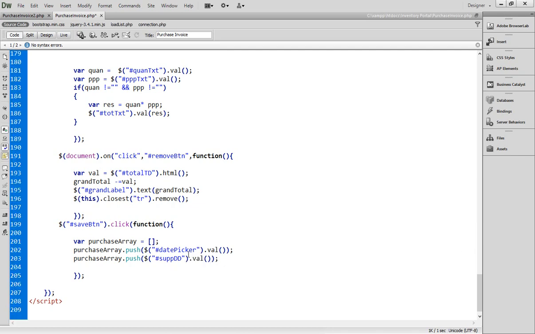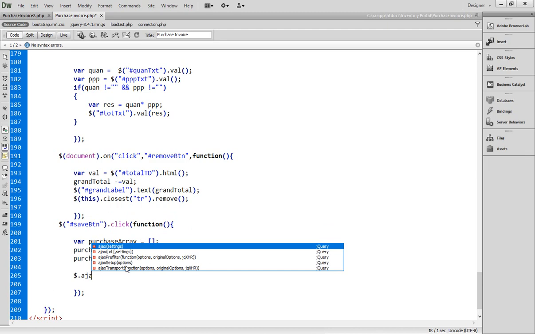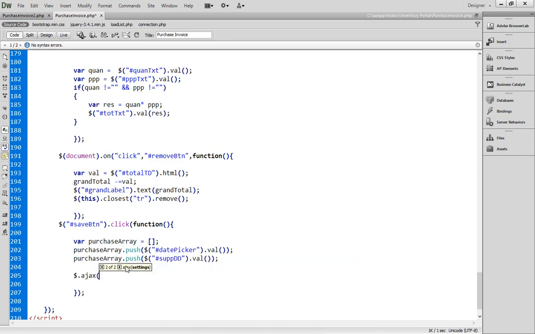Okay, that's fine. So now because the array is populated, the next thing is to pass this data to the PHP file where we are going to save this record. For that purpose we have to specify the ajax syntax $.ajax, and then close the bracket, come inside the curly brackets, and here I have to pass first of all the URL where I wanted to send